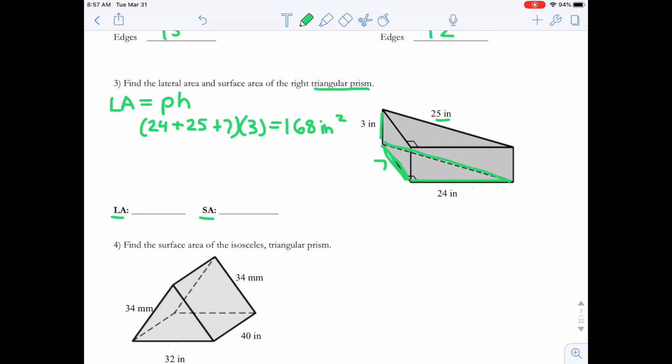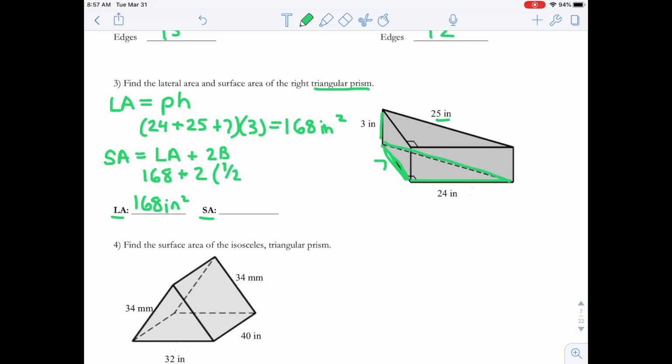Your surface area then is what you found above, plus your 2 bases. So I'm going to take my 168, which we can put down here already because we got that answer. And now my bases are 2 triangles. So it's 2 times the area of one of these triangles. Remember, area of a triangle is 1/2